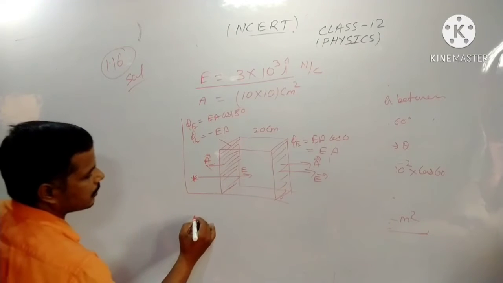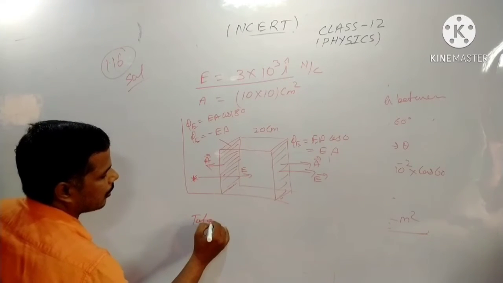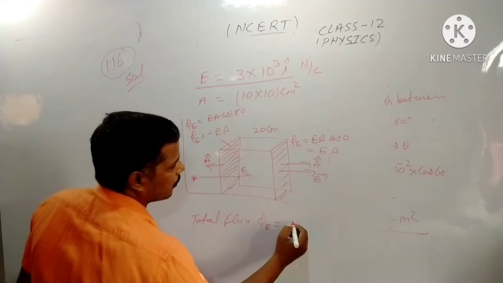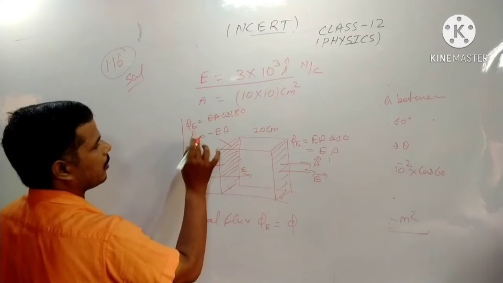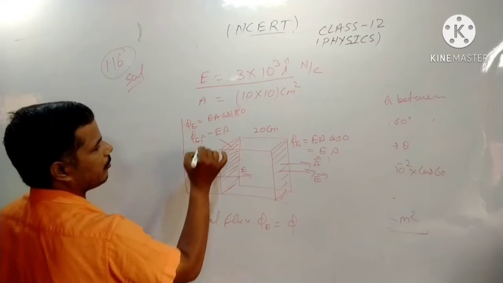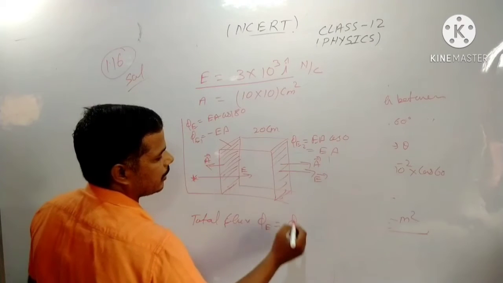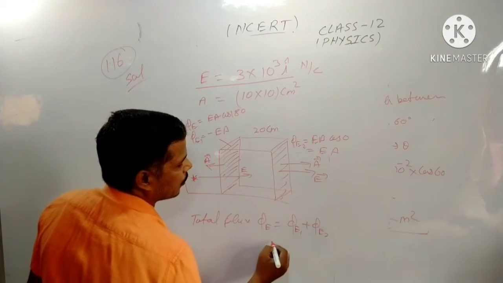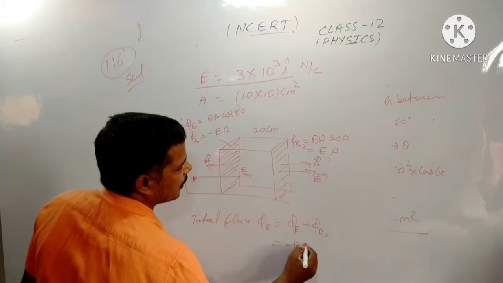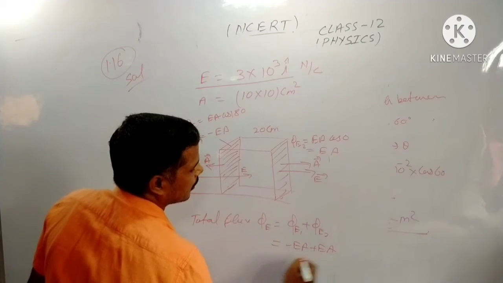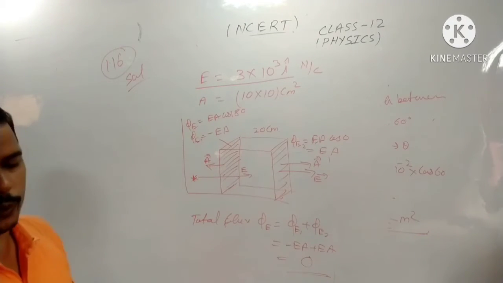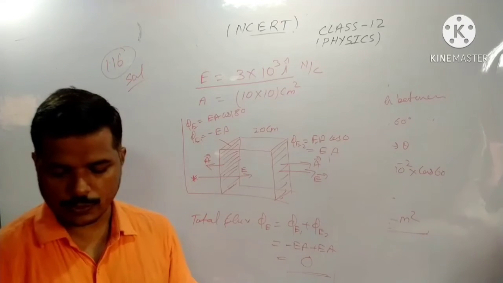Total electric flux. Total flux phi E, if we say it phi E1 and it as phi E2, is phi E1 plus phi E2. It will be minus EA plus EA is equal to 0. So in question 1.16 we can say that